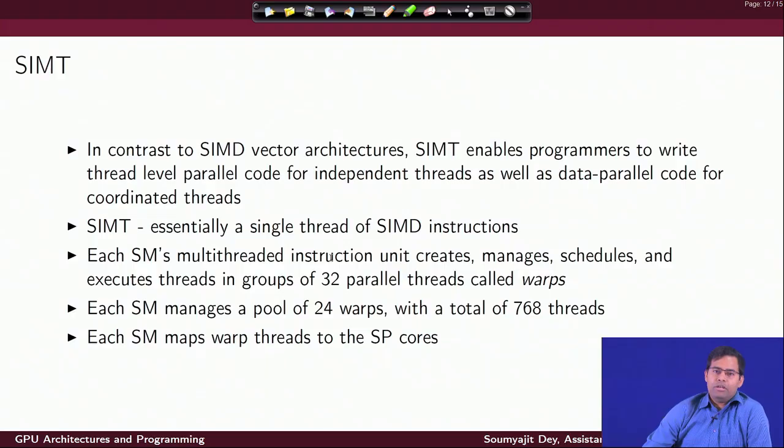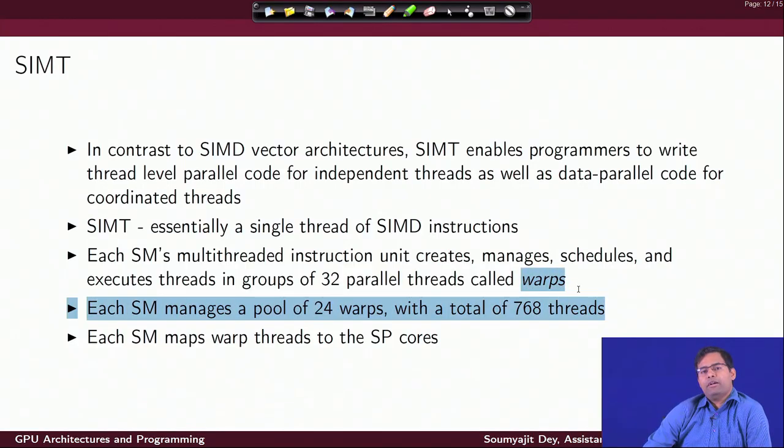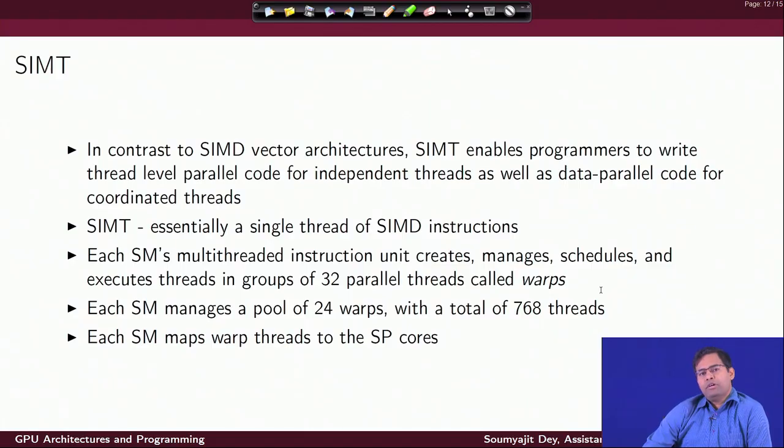But the important thing is this management of threads is done in blocks of 32. 32 threads together are packed as something that is called a warp. So, this is the basic atomic unit of parallel execution in a GPU. When I say that it is a warp, I mean that I have 32 parallel threads, they together are making progress in the SPs. So, when a warp makes progress by executing an add instruction, that means all those 32 parallel threads have executed the add instruction.